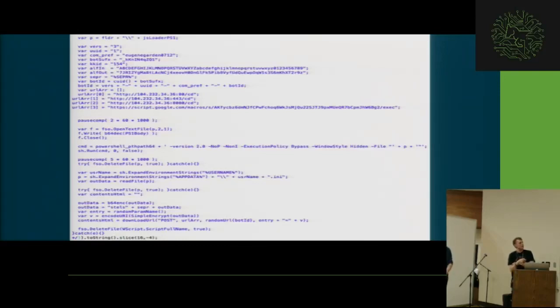What was also interesting, which a number of other people have talked about with Fin7, is they're using the Google Script hosting service as a command and control server as well, for backup. So say this IP is down, then they can still rely on Google to get their stolen passwords, which are encrypted using that substitution cipher. And essentially all of this is just implemented in JavaScript, their entire botnet functionality.